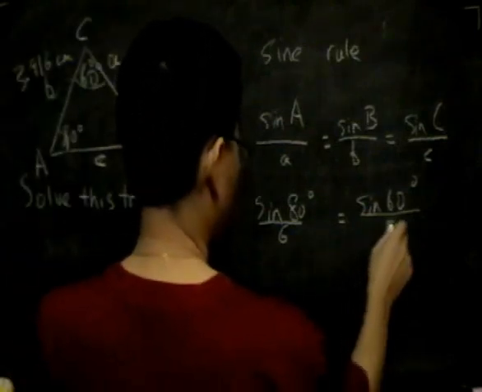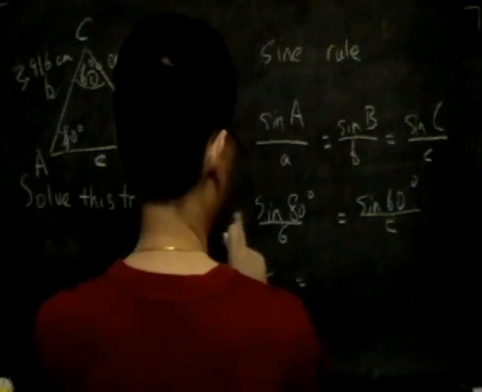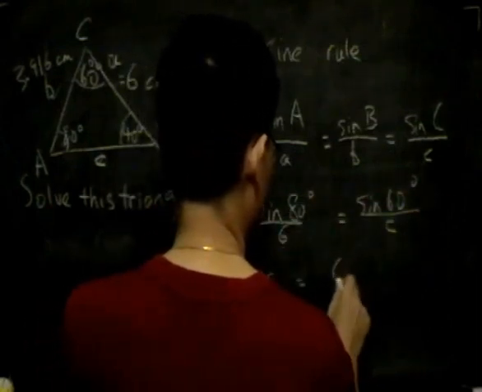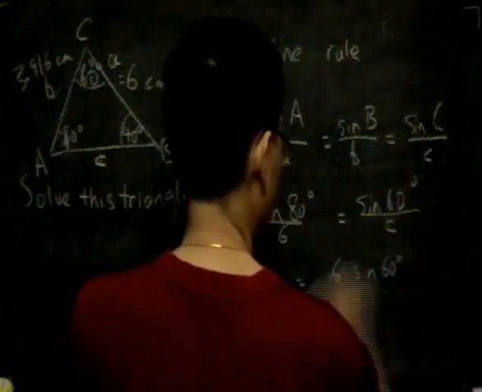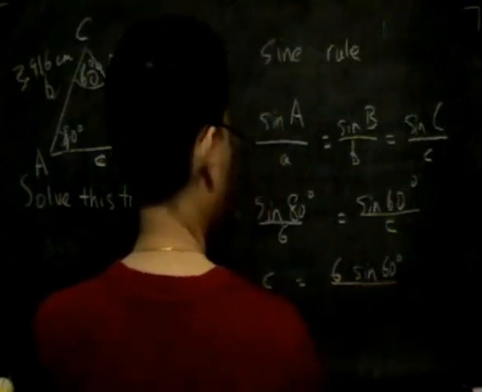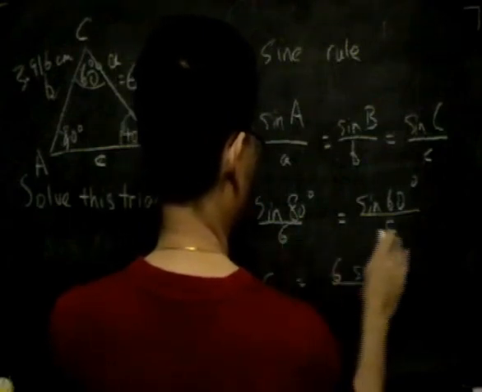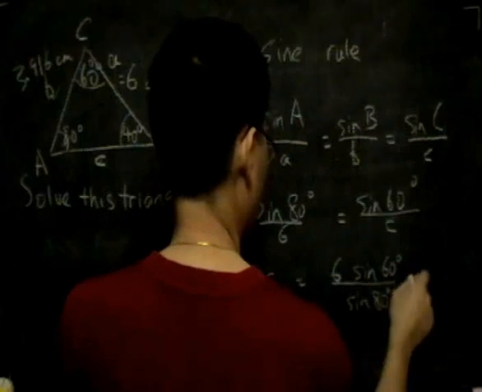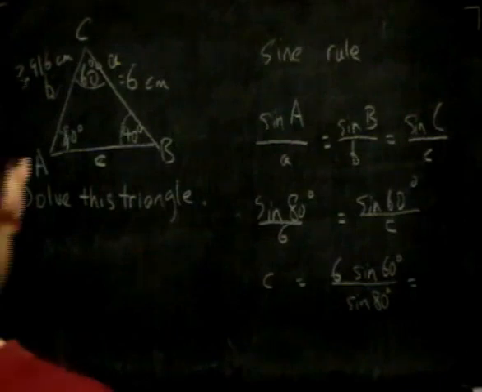So this is how I would do it. I'll bring c over there by multiplying both sides by c. Multiply both sides by the 6, sine 60 degrees. Alright. This will be over sine 80 degrees, which I get by dividing both sides by sine 80. So once again,